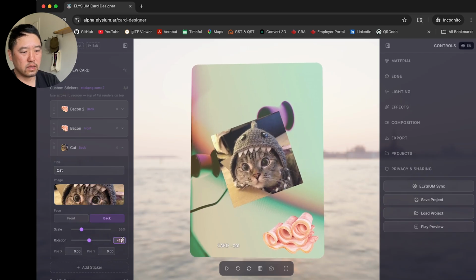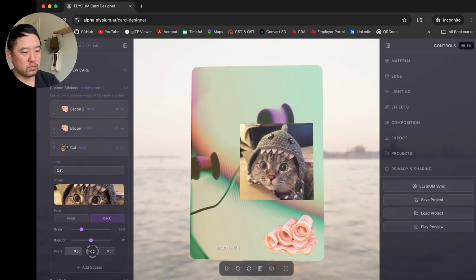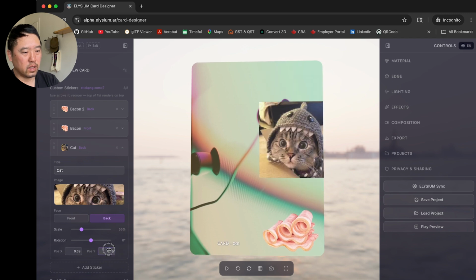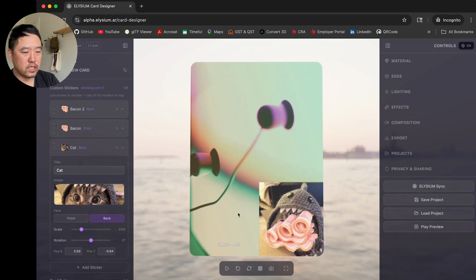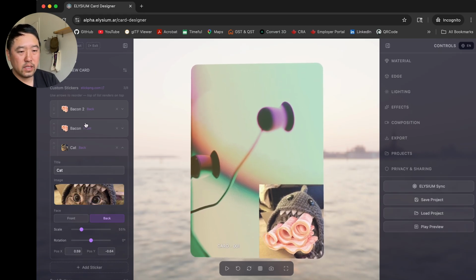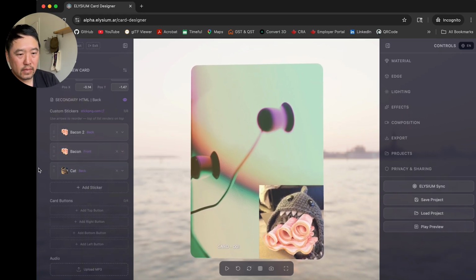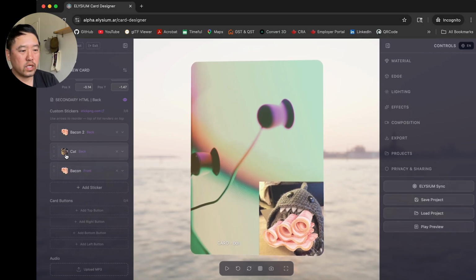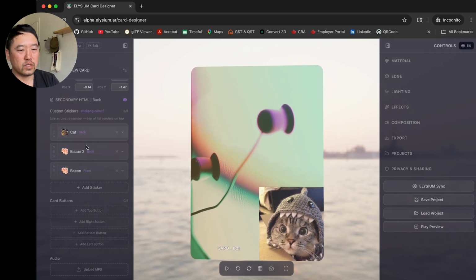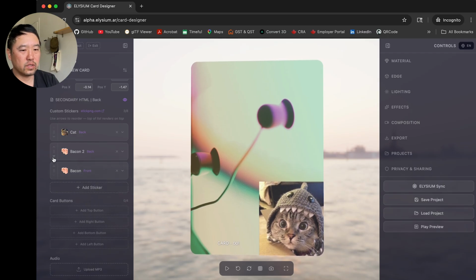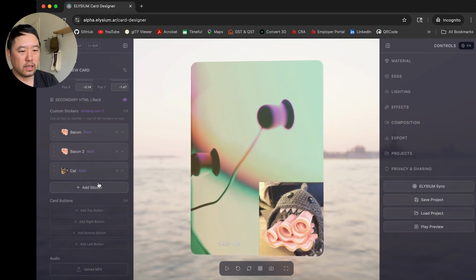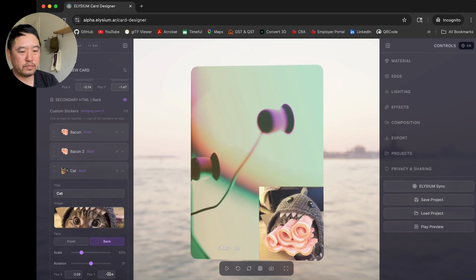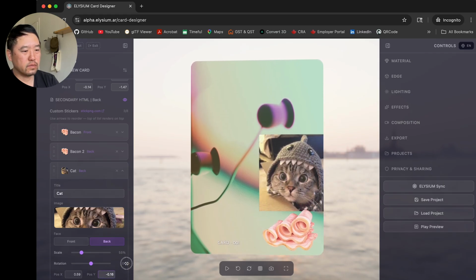Oh, I'm going to set that to 0. And then I'm just going to move them over here and put them on top of the sticker. But what you're seeing is that the sticker, the cat, is actually going behind the bacon, right? And that's simply because stickers stack on top of each other. So if you want to change the order of things, you just put that above, right? So you can actually have a lot of fun moving these stickers around so that they render properly. So we can put that like that, and once again, we'll move the cat up a little bit. There we go.